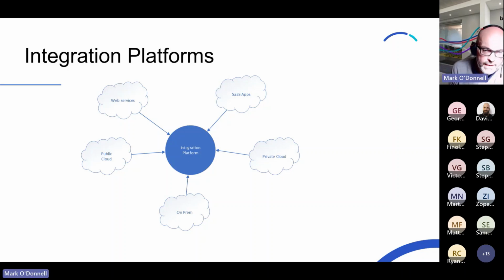So what I'm suggesting here, and how we would approach it, is that we would use an integration platform. So each service on the landscape would integrate to the integration platform. So data flows to the platform and then out again to the desired service. What does that mean? That means that an integration, so in my last example, an integration between Shopify and Xero, actually becomes two integrations. It's an integration from Shopify to this integration platform, and then an integration from the integration platform back out to Xero, for example.